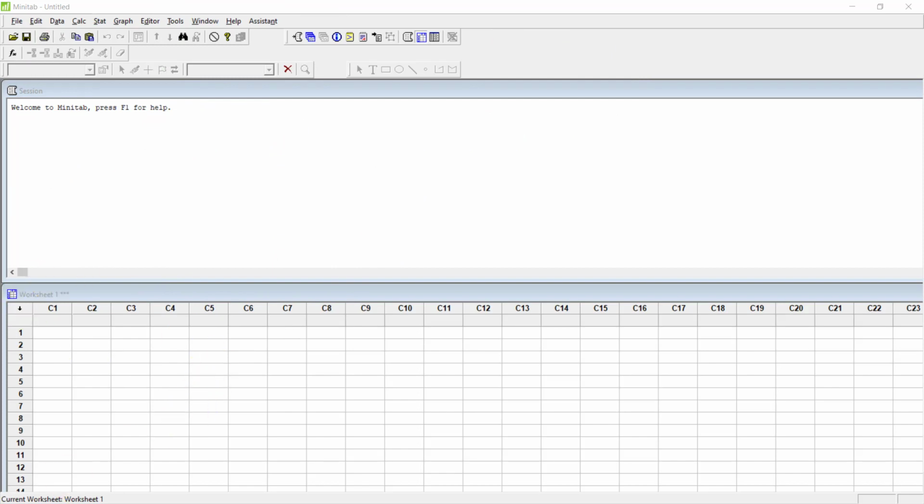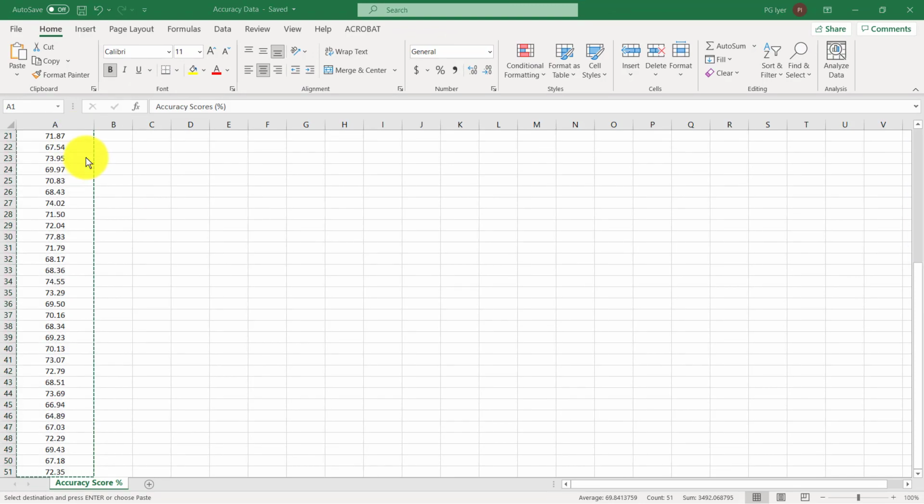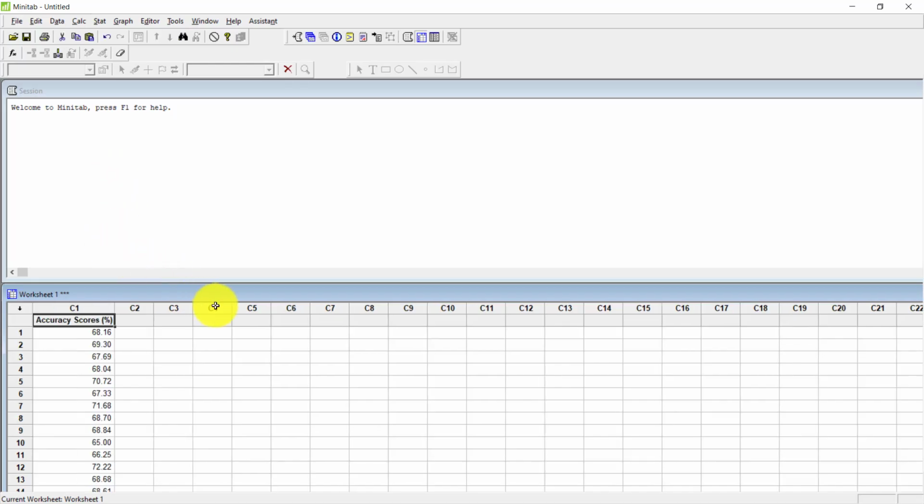So, I will first copy the data from this Excel spreadsheet and paste it to Minitab. Please feel free to follow along with these steps. You can pause the video while performing the steps. I have the data on Minitab now. I will first check if the data is stable and normal. Data stability can be checked using the run chart and the normality using the normality test. Let's do the run chart first.